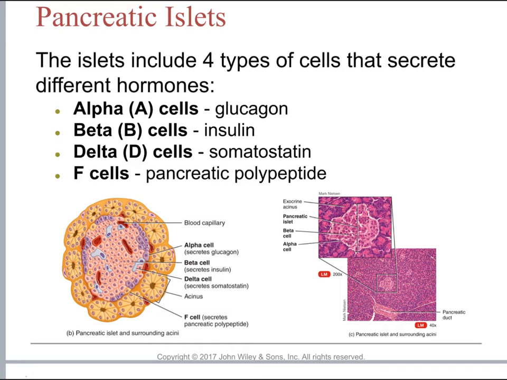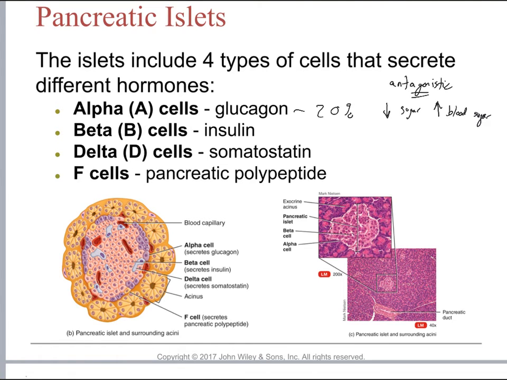The first cells we're going to talk about are alpha cells. Now, the alpha cells make up about 20% of the cells within the islet. Their job is to make glucagon. Now, we're going to throw some consistency in here. Glucagon's job is to monitor the lower limits of sugar or glucose in the blood by increasing blood sugar levels, right? So here's that up-down scenario, okay? So remember, I'm teasing you with these antagonistic hormones,